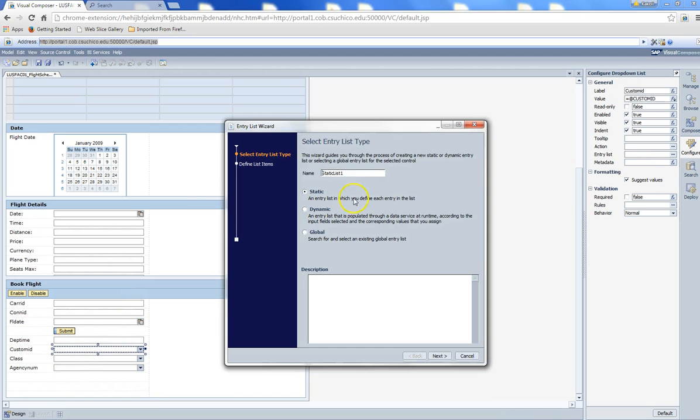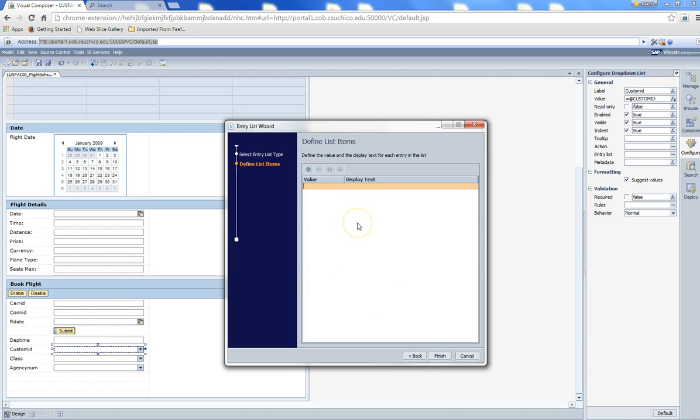I do the same thing for customer ID. I go to entry list. I call it customers. In the description, enter the names of customers, and then I go to the value. I create a few. So KB,